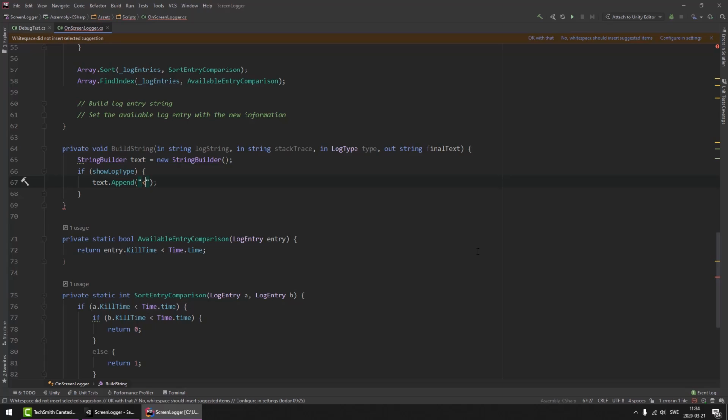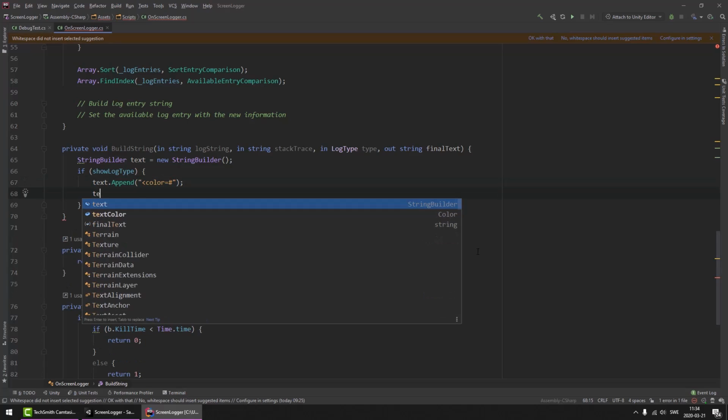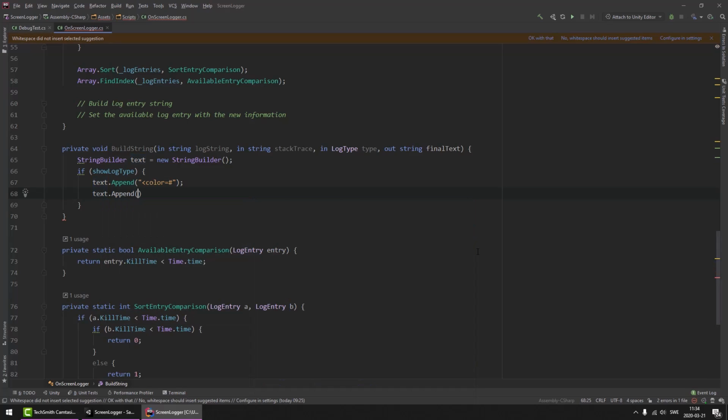And to do that, we can go color equals $, and then we are going to append the actual color value. And here we can use the color utility class to convert a color to the HTML format of color. So ToHtmlStringRGBA,